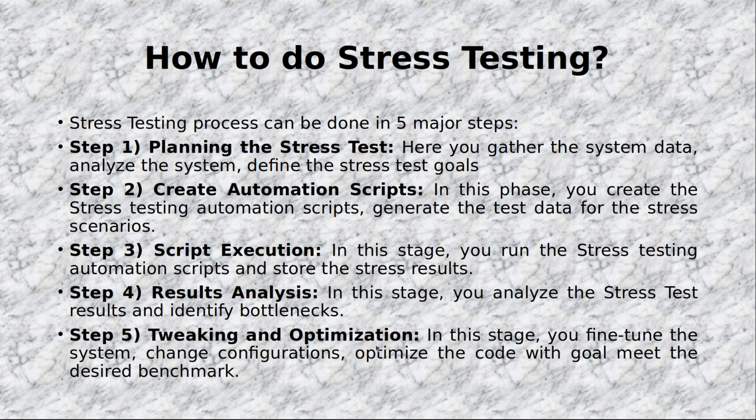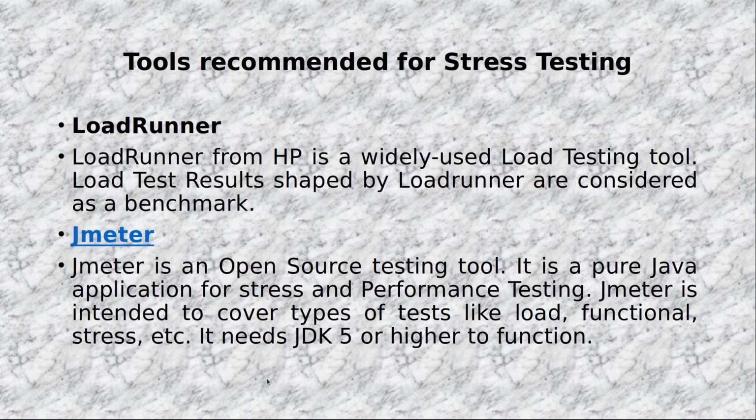After finding the errors and everything, we should modify the system, change the configuration, and optimize the code with the goal to meet the desired benchmark. Here there are two different kinds of tools. One is LoadRunner, which handles load testing, and JMeter, which is used for performance testing and